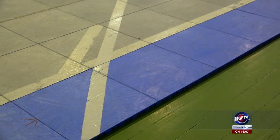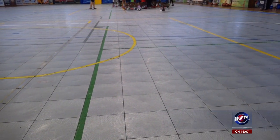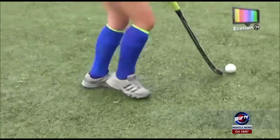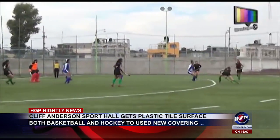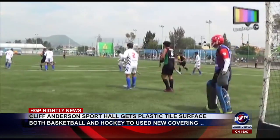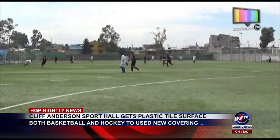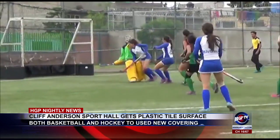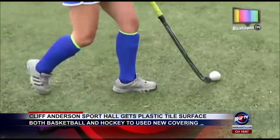This floor comes at a good time since on October 14, 2017, Guyana will embark on hosting its first ever Pan American level hockey championships. The tournament, called the Indoor Pan American Cup, will feature two simultaneous competitions for men and women and serves as the Pan American Continental qualifier for the International Hockey Federation Indoor Hockey World Cup, scheduled for